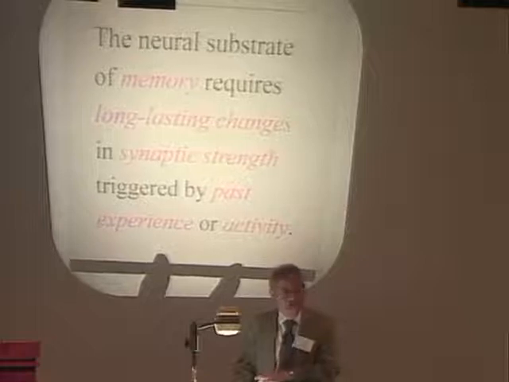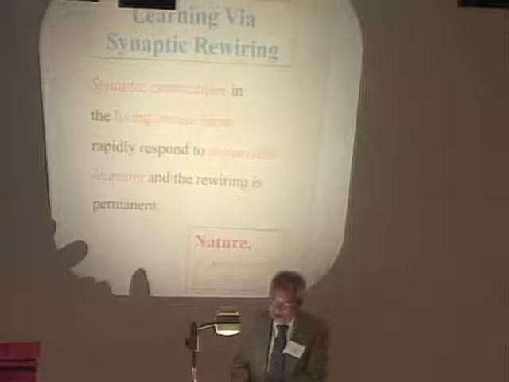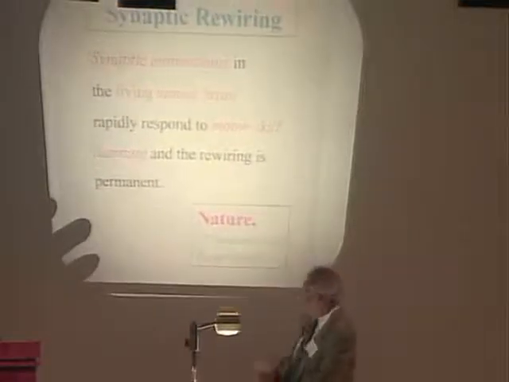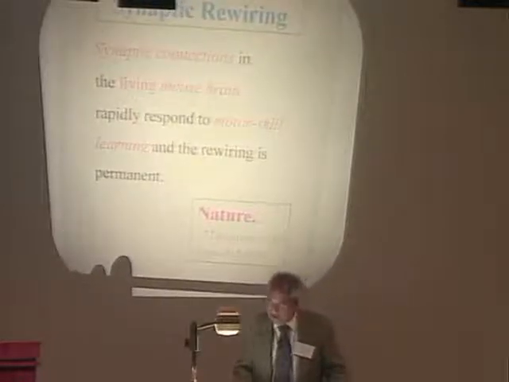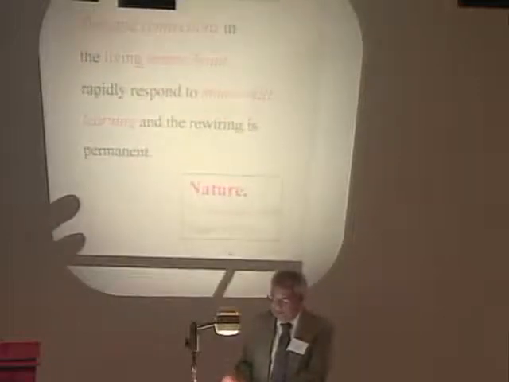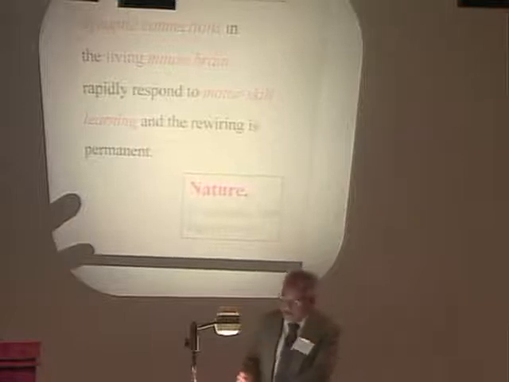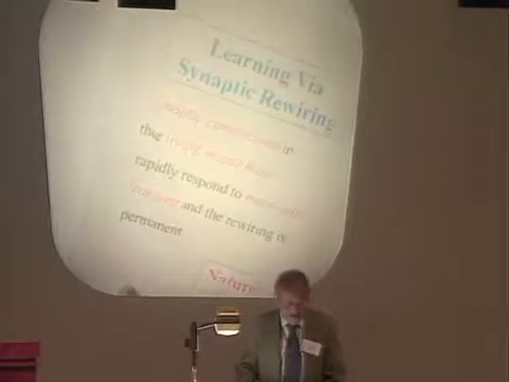And this is part of the major discovery of the 1973 biological memristor I just told you about, and we're going to come back to that a little later, okay? And now, learning via synaptic wiring. It turns out that synaptic connections in the living mouse brain rapidly respond to motor skill learning, and the rewiring is actually permanent. This is based on a paper just published two weeks ago, last December, a very current paper. In other words, prior to this, most of these were reasonable conjectures and hypotheses, but I will show you the real experiment that was conducted.